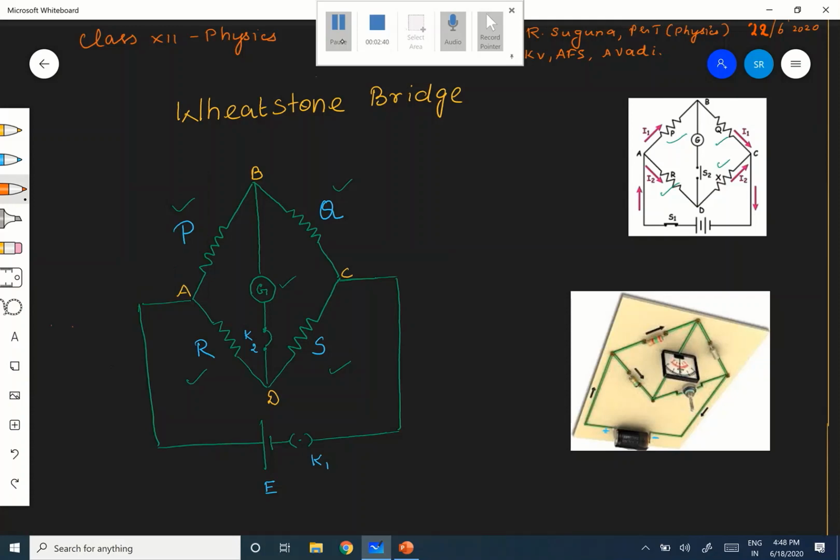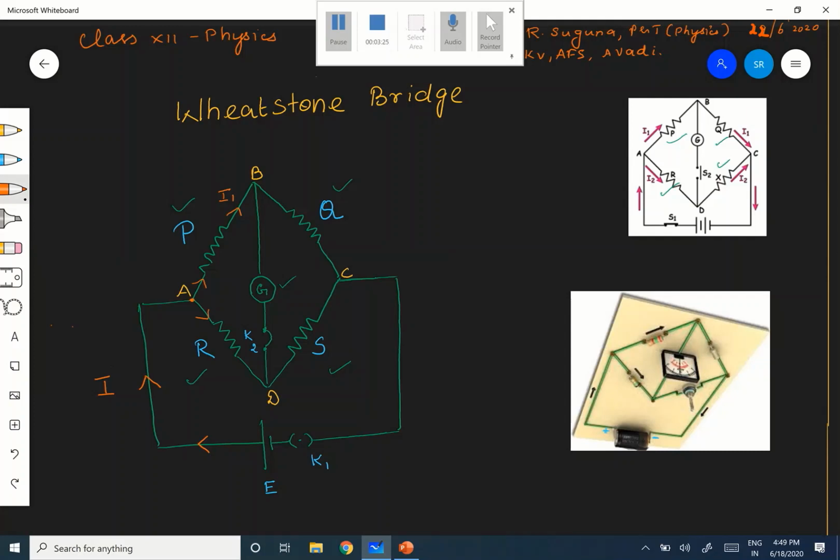See, the current here, this is I. The current I comes up to A. After that it is branching out. So let me give the current through P as I1. The current through P is I1. Therefore I think you can very easily apply it. See here, the current here is I1. Therefore what should be the current through R?